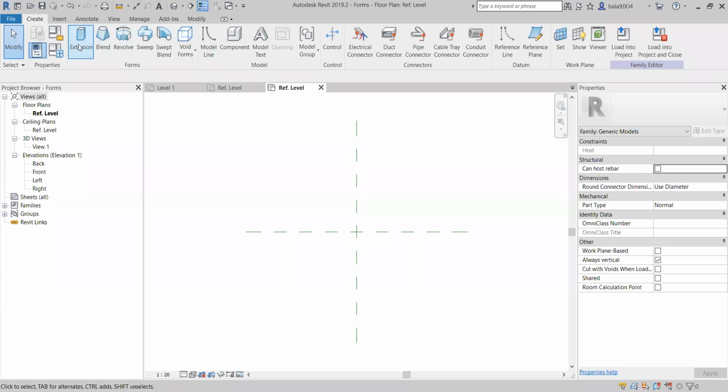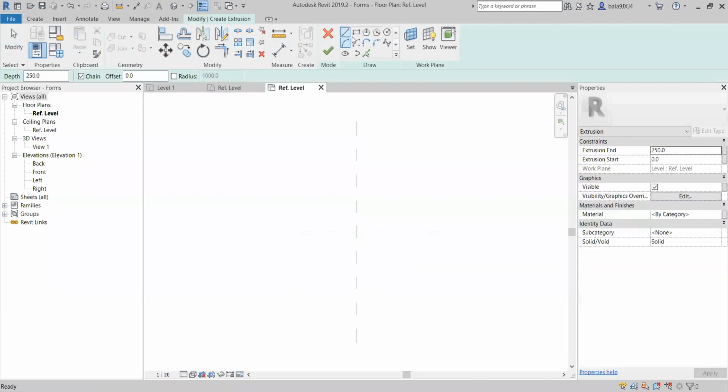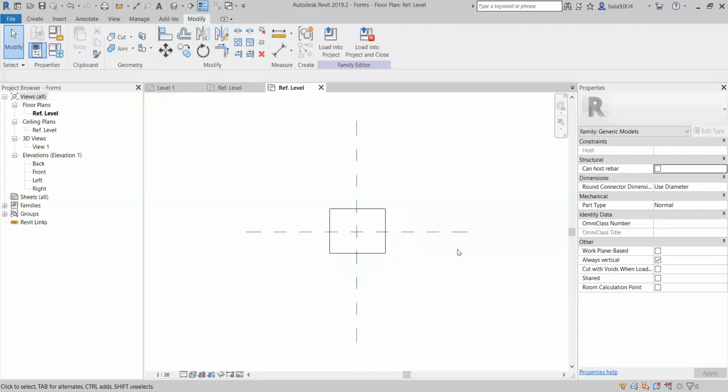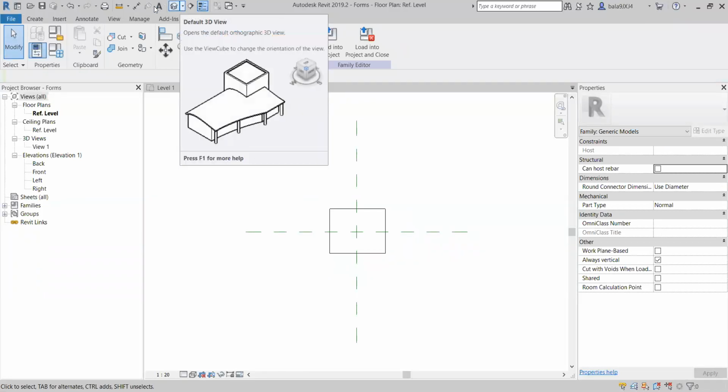First, I'm taking the extrusion. To create any extrusion, we should have one profile. This profile will extend perpendicular to the work plane. Let's say now I am in the top view. Top view means the flat surface. I am using extrusion with the rectangle. It will extend perpendicular to the work plane. Okay. So whether it is 90 degrees or 270 degrees.